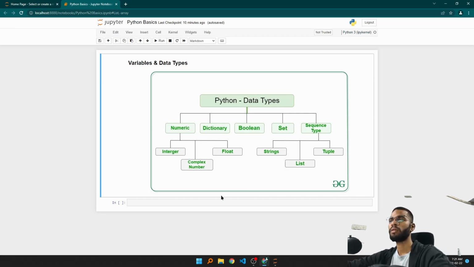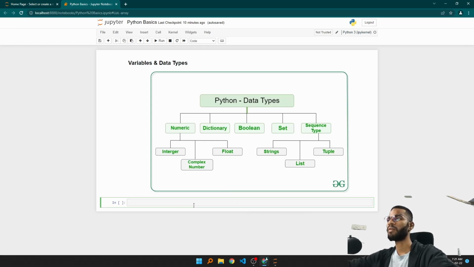How we can use data types in Python. To use data types in Python, you don't need to import any statements. You can just start writing your code and it will take care of itself. For example, now I have not imported anything. I have just